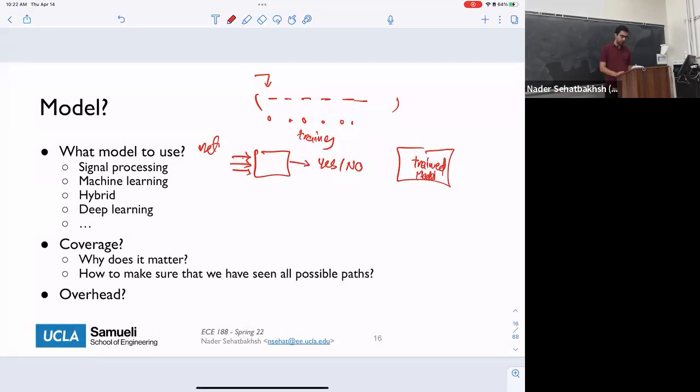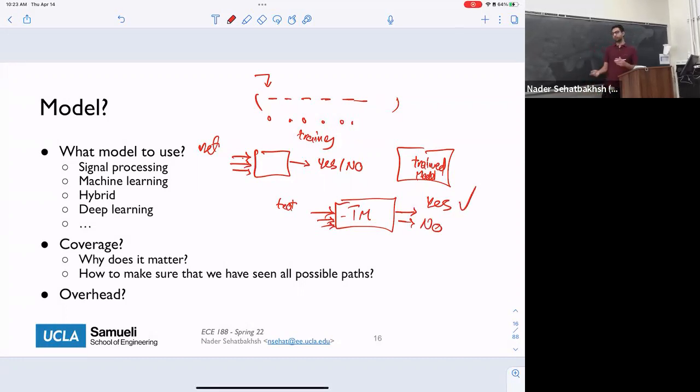And now what you can do is use this trained model to monitor the behavior of the system during the actual malware detection time. So now you get new features, but you don't know whether these features are malicious or not. But your model is now trained, so it can give you an answer whether this is yes or no, right? And if it's yes, it means that, for example, it's malicious.